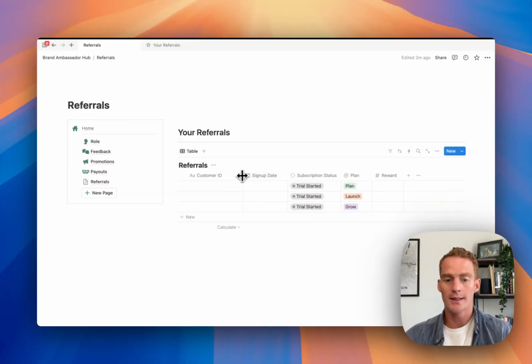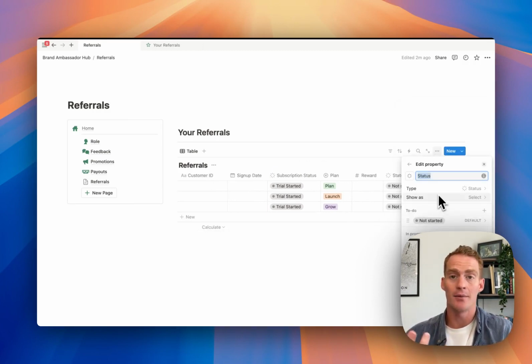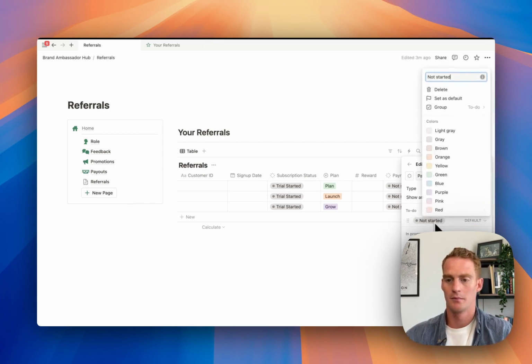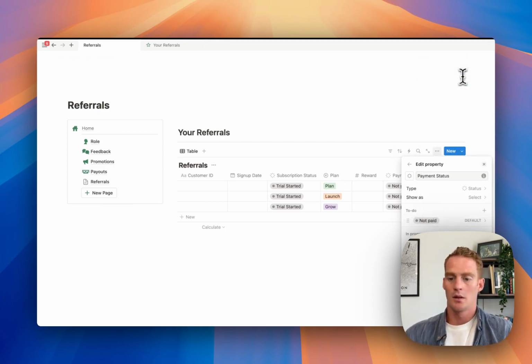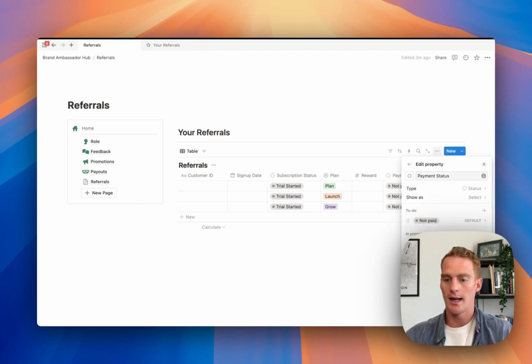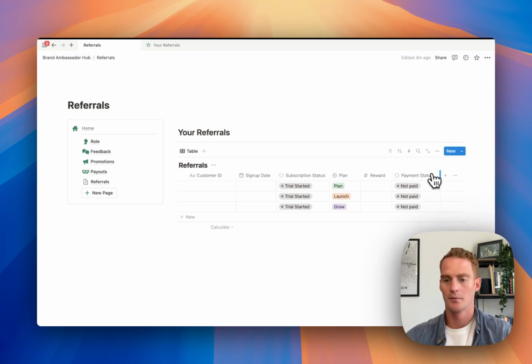And then I'm going to have one more status property, which is going to be the payment status, which is for me to know whether or not I have paid out this reward. Not paid, scheduled, and paid. And that's it. So as this ambassador refers customers, so let's say,